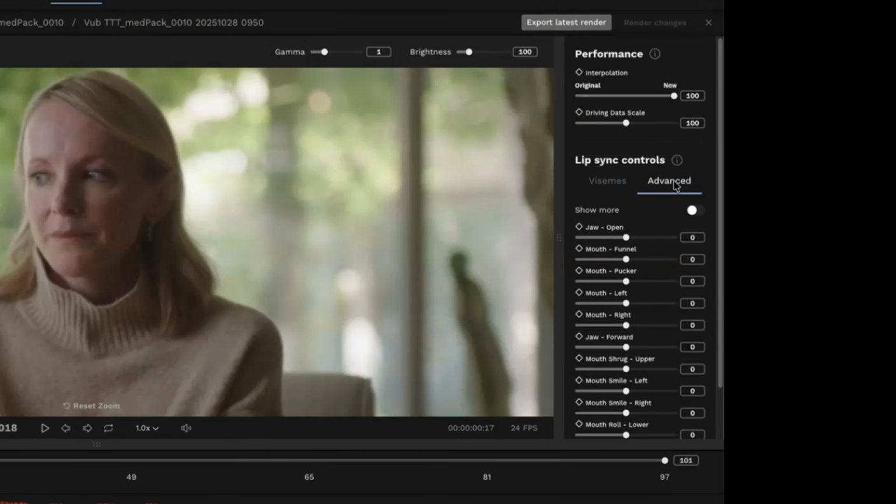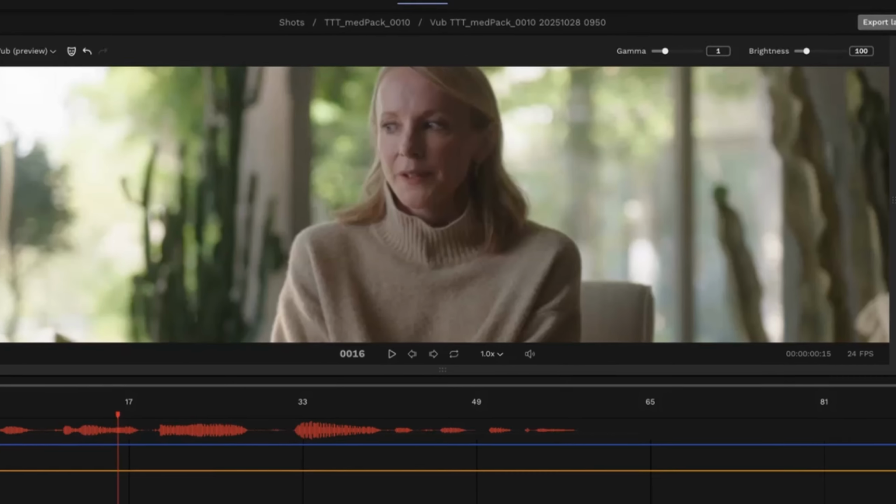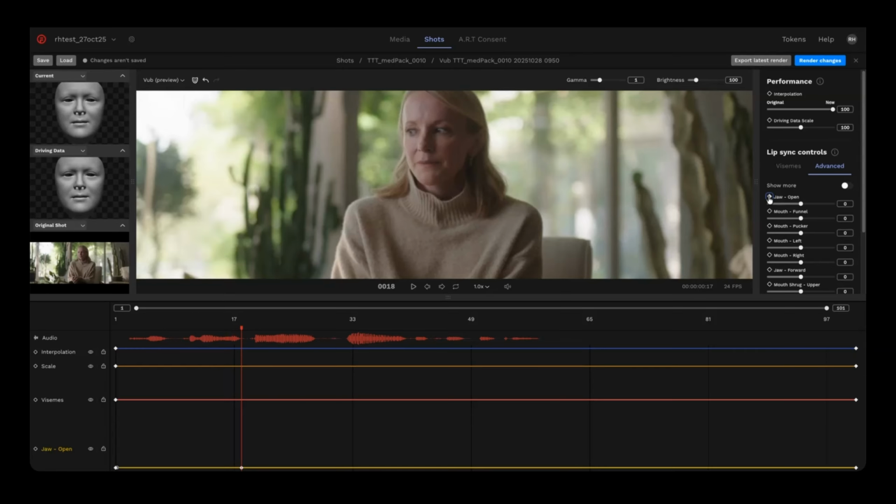So in the Advanced tab, I'm going to add a jaw open keyframe. Now if I step back a couple of frames, you can see where these top teeth are, and the bottom lip is going quite high up those top teeth. So we can open the jaw a little more here. Now sometimes you may want to be closing the jaw if the bottom lips haven't reached the top teeth, but in this case we're going to open it ever so slightly.